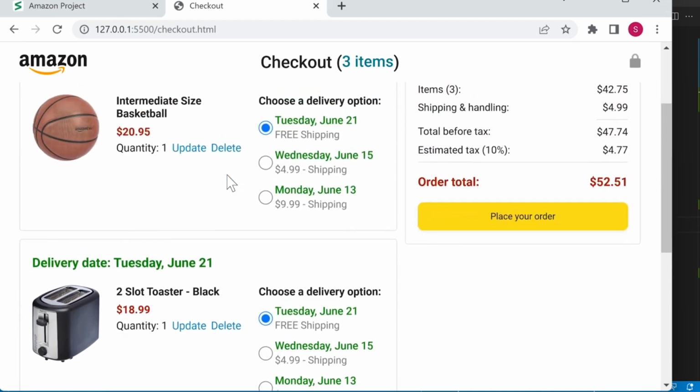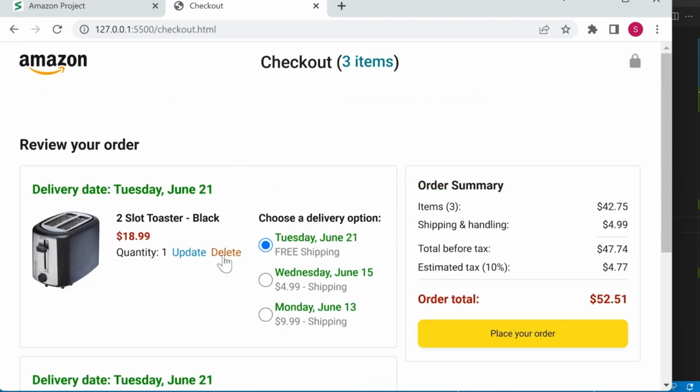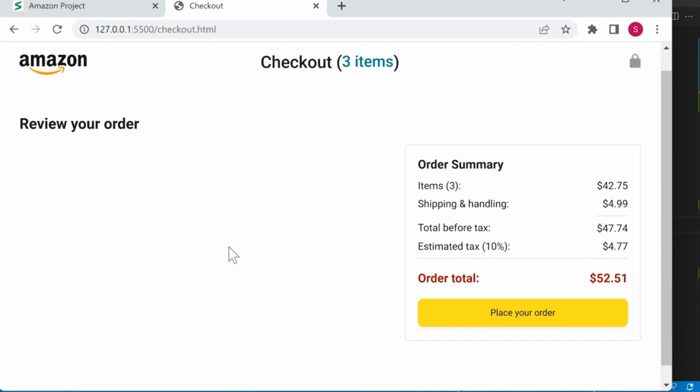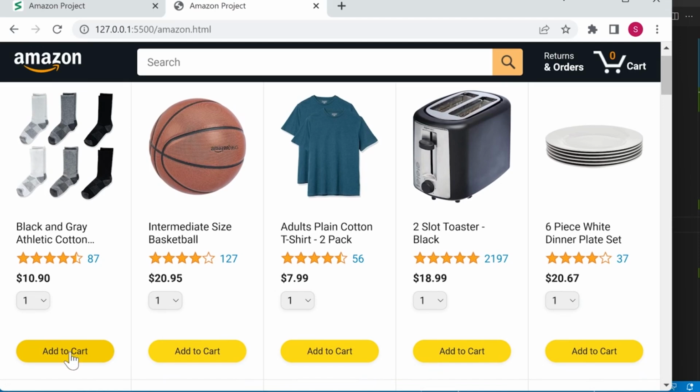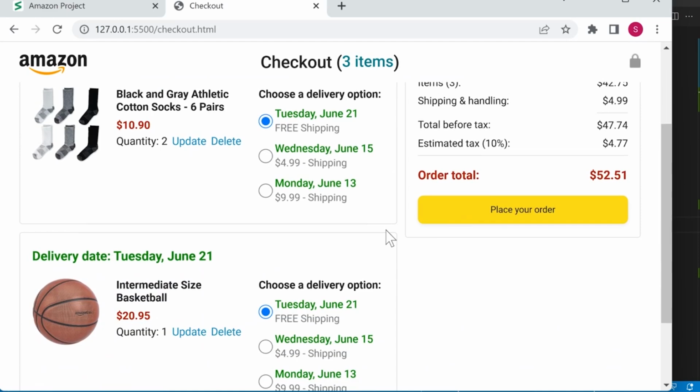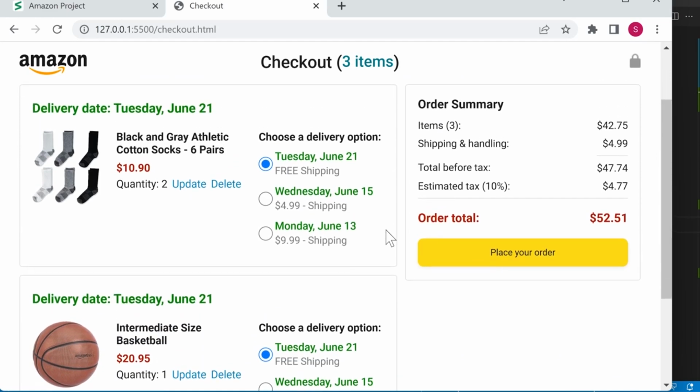So to clean up, let's delete all these products in the cart and then go to the home page, and we'll add back 2 socks and 1 basketball, which is the default value of the cart. Let's go back to the checkout page. And now we're done with this part of the page. So finally,